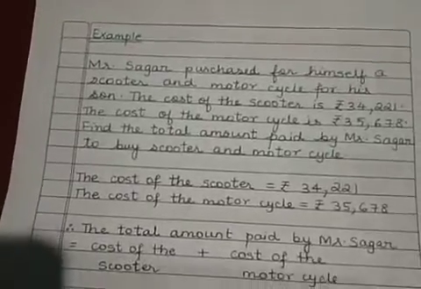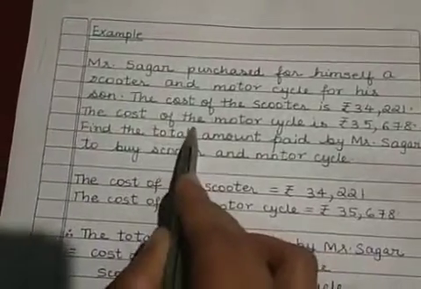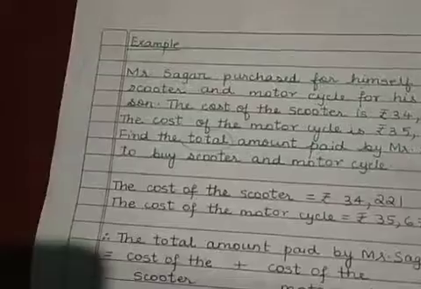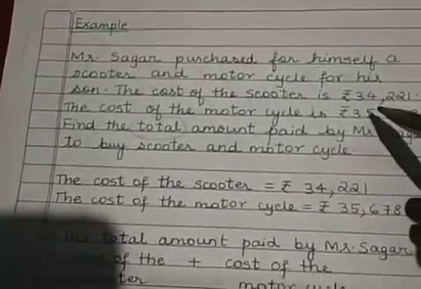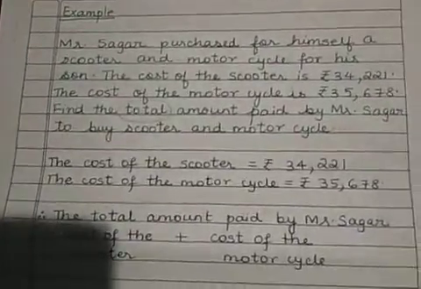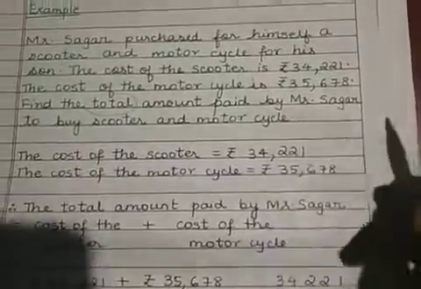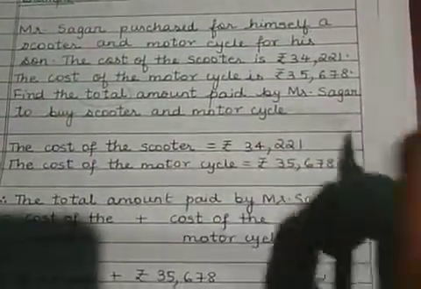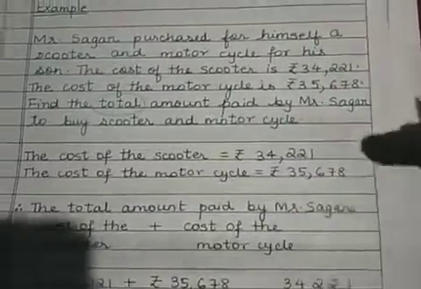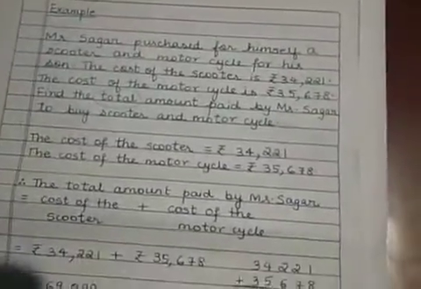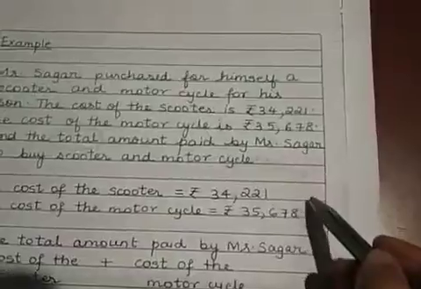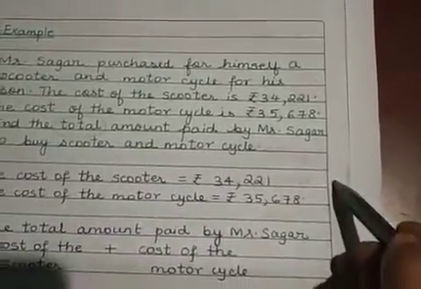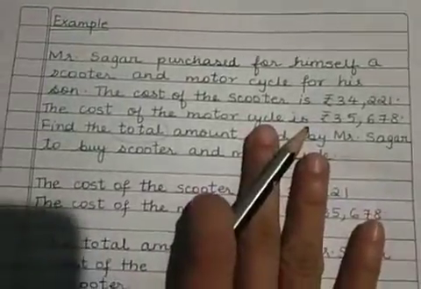Now since the total amount is asked, you have to add these two numbers. So it's like saying, I bought 10 pens and my sister bought 20 pens. Then total, how many pens do I have? I have 10 plus 20, which is 30, right? So similarly, we are using this.